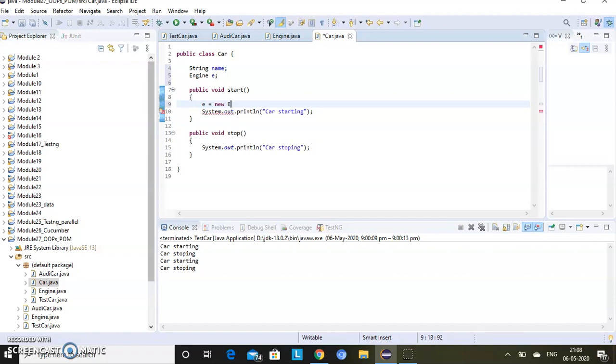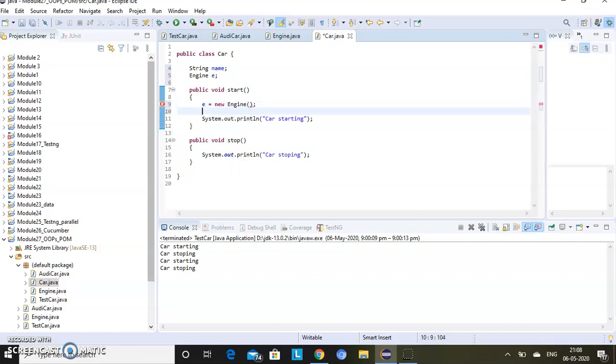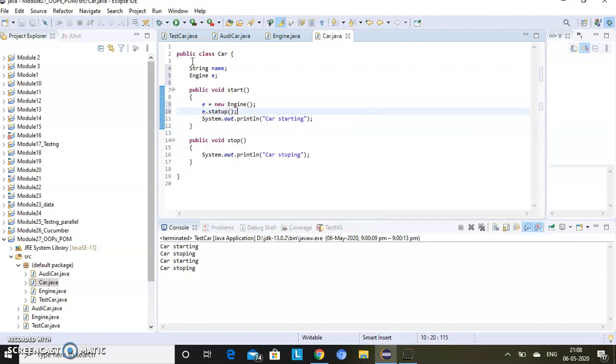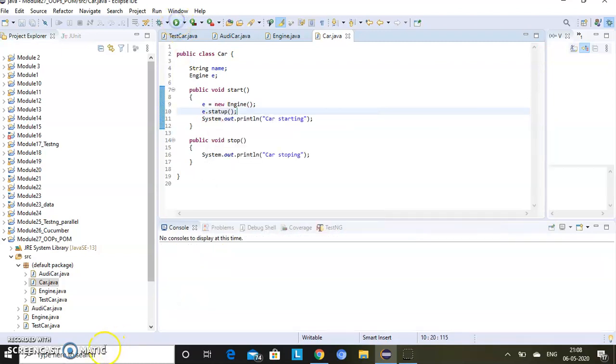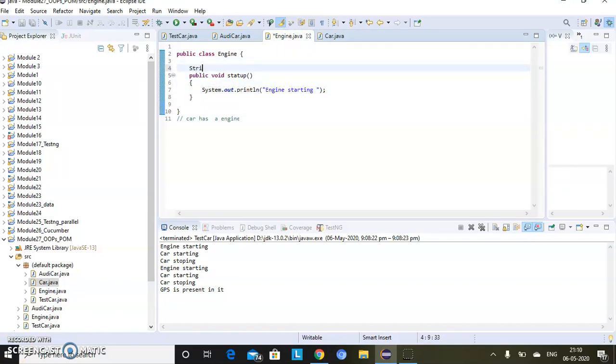This is the object of Engine class. Here I can call e.start. Now you run it. We can also have a name for the engine, like a string engineName.